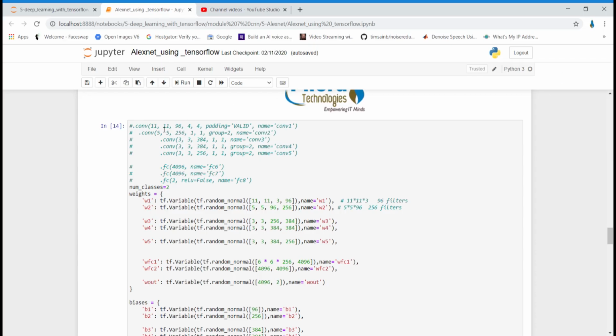The size of the filter would be 11 by 11, and we would have 96 such filters, and the stride is 4. So what I've done is I've created two dictionaries. In the weights dictionary, I'll store weights for all 8 layers, and in the bias dictionary, I'll store biases for all 8 layers.